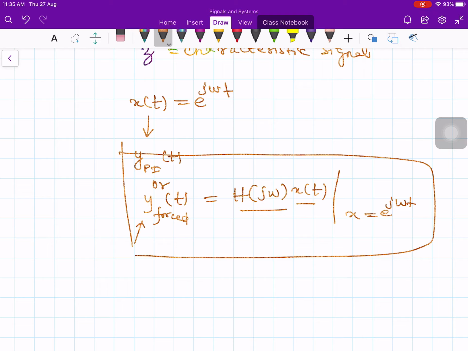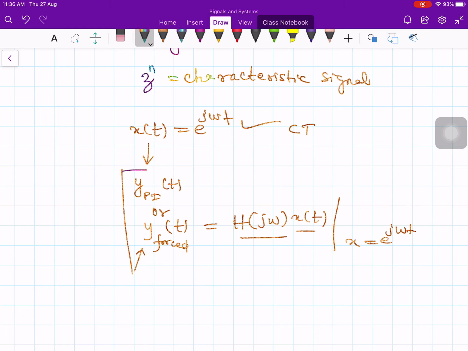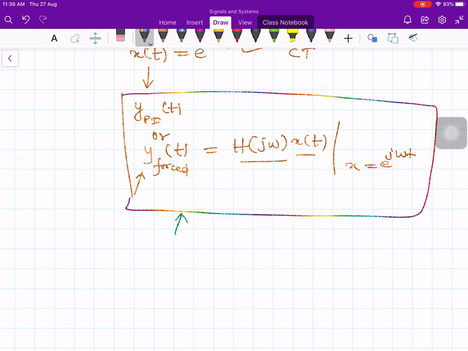The same kind of relation we can obtain for a discrete time case also. This is the continuous time case, and in that case the forced response is like this. We can obtain this similar kind of relationship for a discrete time system also. Therefore, the forced response, that is the particular integral solution for y of n,